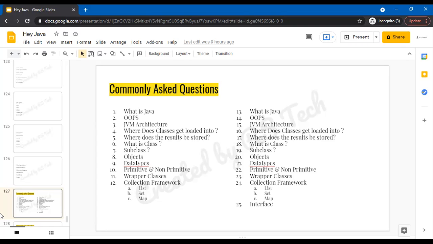So, to relate in the real world, let us say a box is there. You can store 2 green balls in the same box if it is list. You cannot store those 2 green balls in the same box if it is set. Set will not allow you to store 2 green balls. It will tell that already a green ball is stored. So that is the difference between list, set, and map that you have to understand.